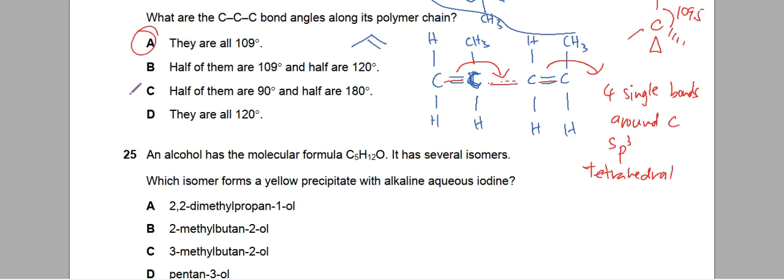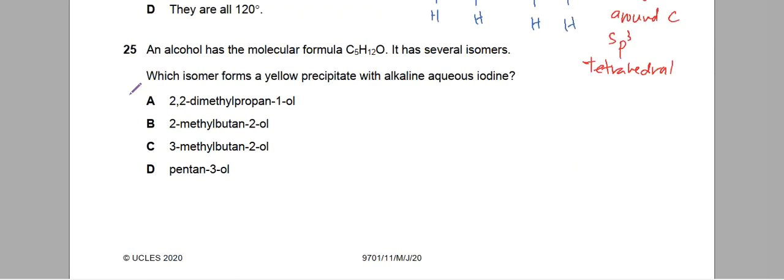25. Alcohol has this formula here, and it has several isomers. Which one will form a yellow precipitate with alkaline aqueous iodine? This is the triiodomethane test, and it will detect a few things. It will detect ethanol,